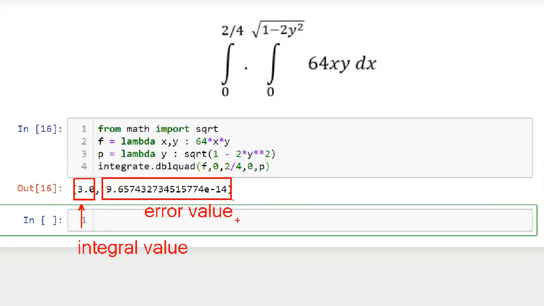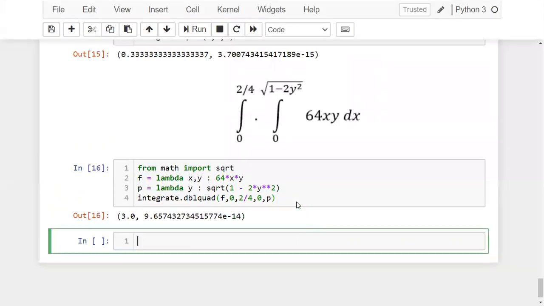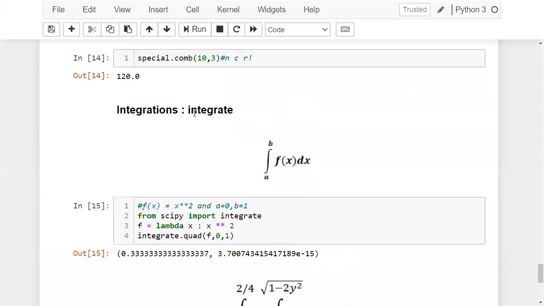In this way, you can write your integrations with double variables, nothing but two variables. In this way, you can find out integrations with functions. Okay, so this is the use of integrate subpackage in the SciPy package. Finding integrations, you can go with this.